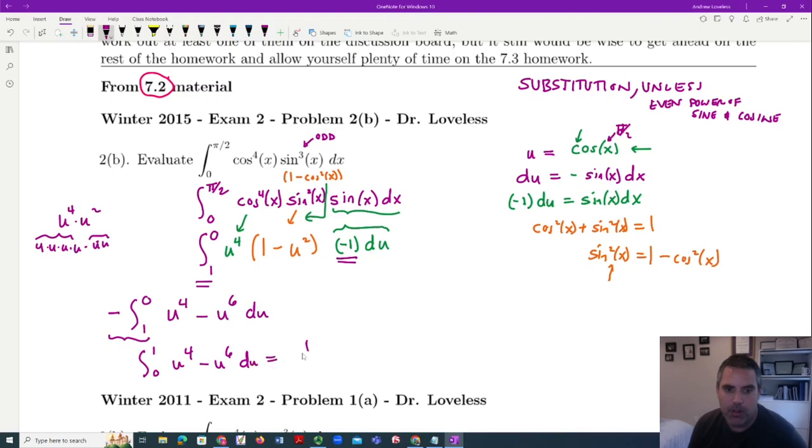And then we can finish it off. So I'm going to have 1/5 u to the 5th minus 1/7 u to the 7th from 0 to 1. So it's going to be 1/5 minus 1/7. Now that's what you get when you plug in 1, but when you plug in 0, you get 0 minus 0. 1/5 minus 1/7. Let's see, that's going to be